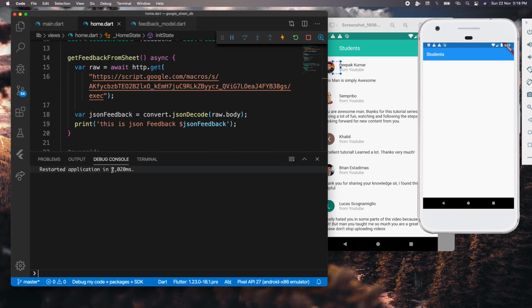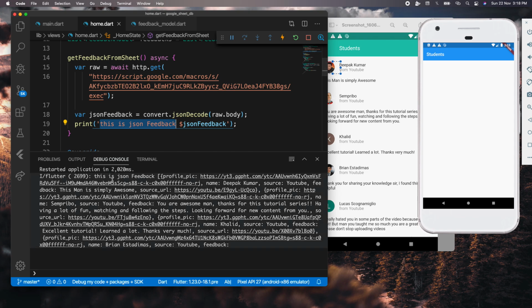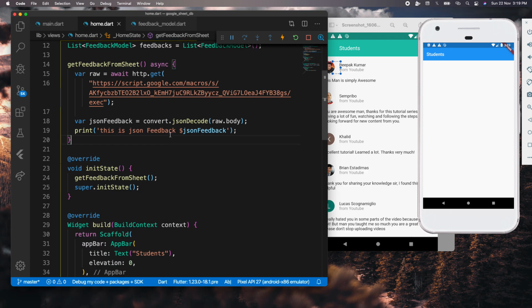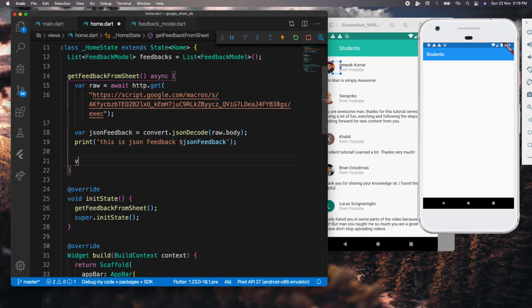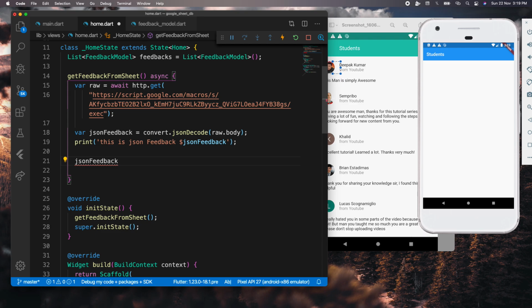and either there is an error or it should show me this is a JSON feedback. So you can see we have this is a JSON feedback. We have the profile picture, we have the name, we have the source, we have the feedback as well. Okay, so let's continue now because we have that. So now what I'm going to do, I'm going to say variable, directly use this. We can say JSON feedback.map